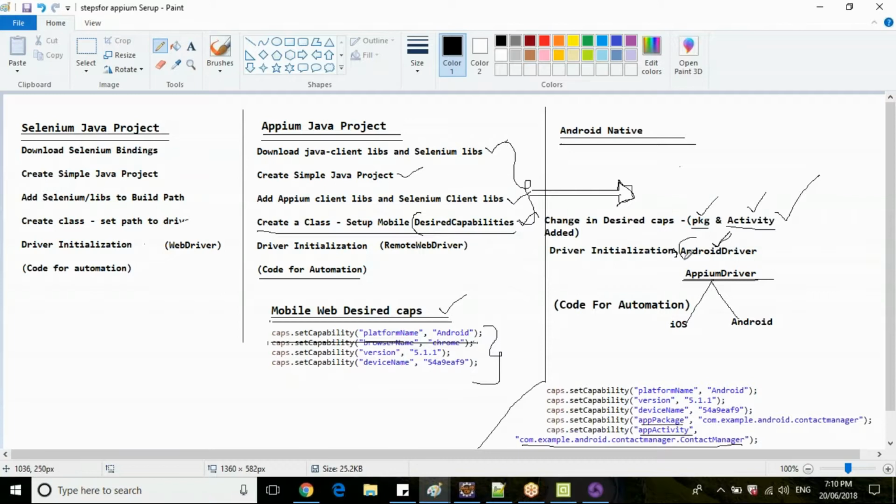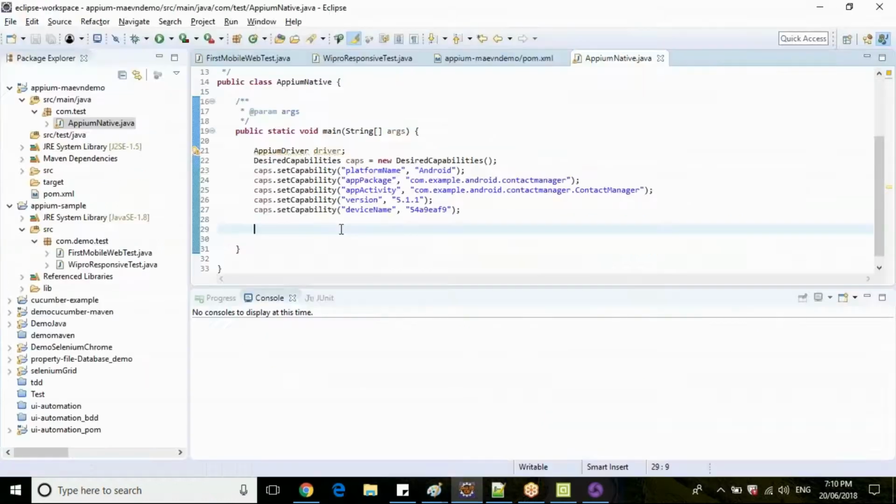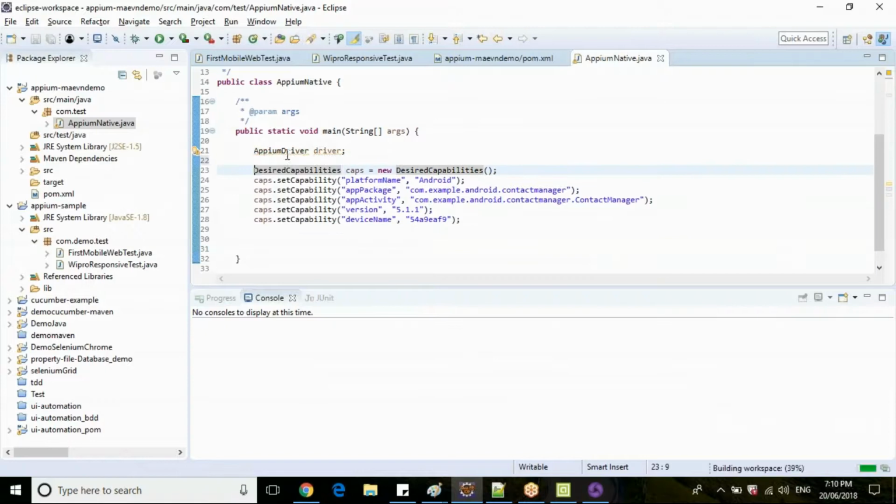Now driver initialization with Android driver or Appium driver, correct? Appium driver will have the capability to typecast with both iOS driver as well as Android driver. Now since you are working with Android driver, you need to typecast your driver with Android. We have declared Appium driver already here, correct?